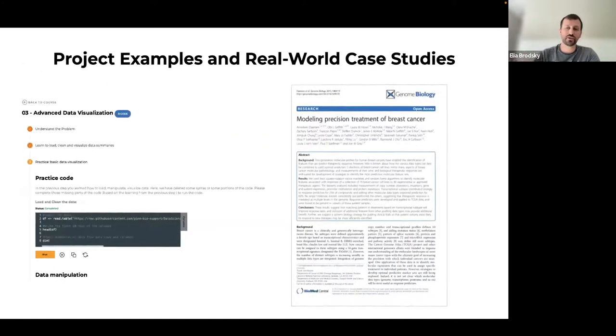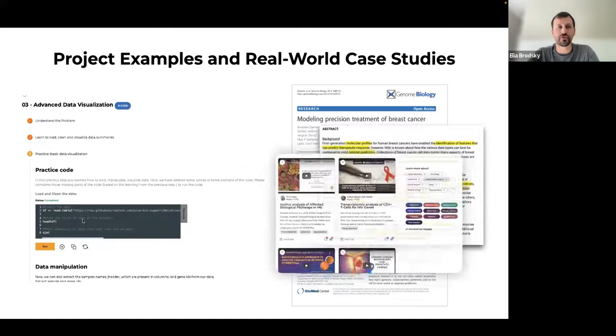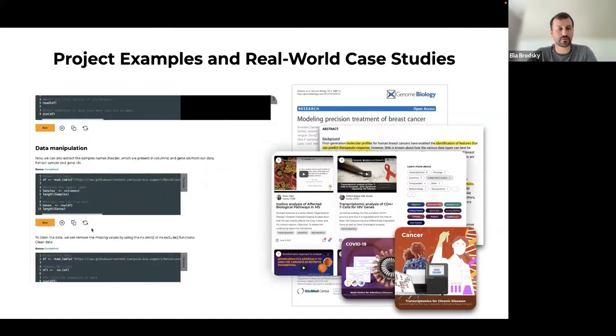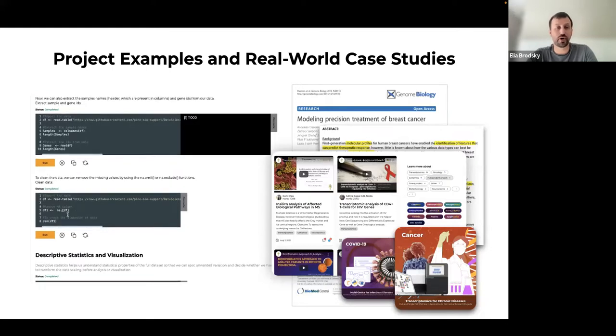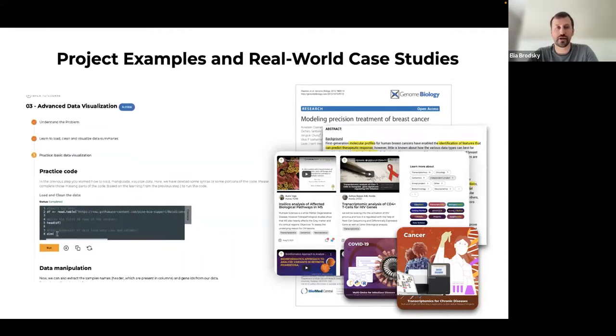But you will be provided with a series of exercises that you can go through to learn how to apply some of those skills. This is going to be based on real-world case studies taken from research literature. You will go through similar steps to what the researchers do, and you will be provided with some training material to know how to read or run different types of code in both R and Python along the way, producing the typical visualization or analysis results that you see in those case